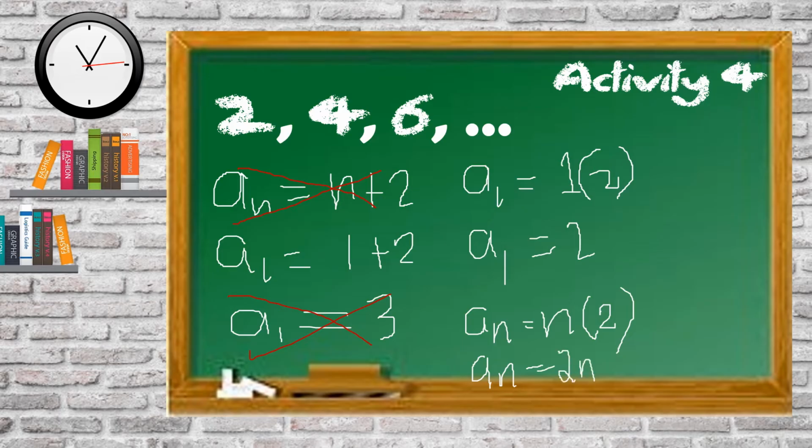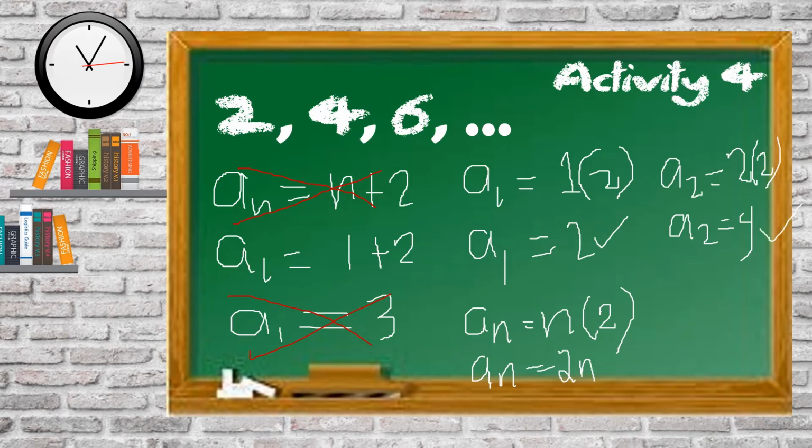Pero check natin kung tatama rin yan para sa second term. So, a sub 2 equals 2 times ang number of terms natin para sa second term ay 2. Therefore, second term is 2 times 2 is 4. Ayan, tumama na siya. So, kung tama sa first term, tama rin sa second term,